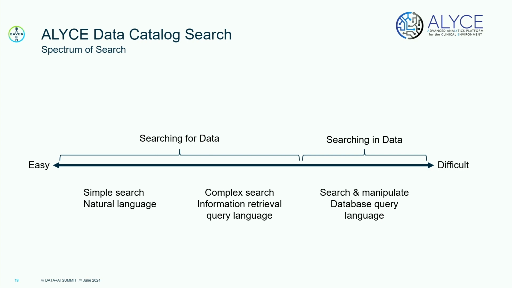The first thing is, and we have also difficulties sometimes in it, did you hear in the past, I cannot find the asset in my company, I cannot find it. I'm sure it's there, I cannot find it. That is searching for data. And that is typically where data scientists struggle. So that means the searching for data is the first thing you have to think how you implement and to guarantee that. It's not only to search in data, because searching in data, that is also clear, that is a top discipline of data scientists. They can do that because they know exactly how to look in data, but they struggle often to find data. So, and that is something when you set it up,